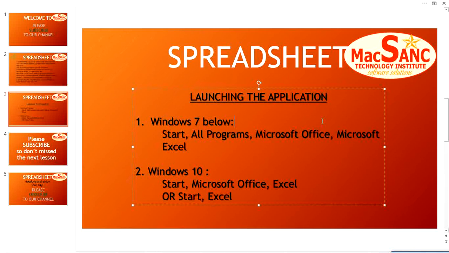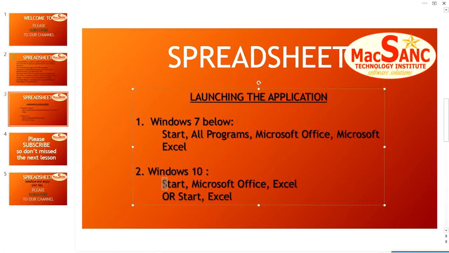So to launch Microsoft Excel in Windows 7, first you need your start button. You need to click on your start button, and then you select all programs. You click on Microsoft Office, then Microsoft Office Excel. Your program will be successfully launched. If you are using Windows 10,